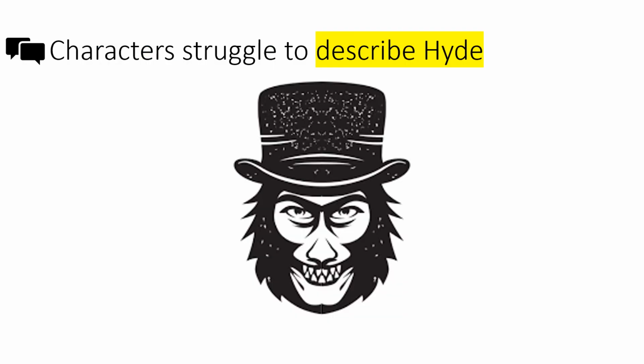Lastly, and to tie into that final point on similes, the characters really do struggle to describe Hyde. And I'm just going to give you a few examples from the book here, and again some really effective quotations to memorise because they work hard for you. They can represent the theme of secrecy, they can represent this topic here of language and dialogue, and you can talk about characters as well.